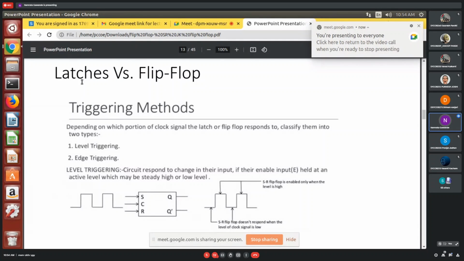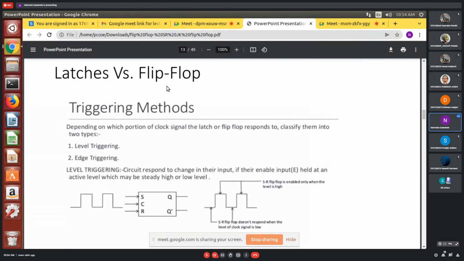The only difference is that in the flip-flop we are providing the clock, and in the latch we are not providing the clock. Okay, so in the flip-flop it checks the input, but it changes the output only at time specified by the clock. Based on the clock cycle, whether it is 0 or 1, then only it provides the certain output. Versus in the latch, whatever the input will give, based on that it will respond to that.